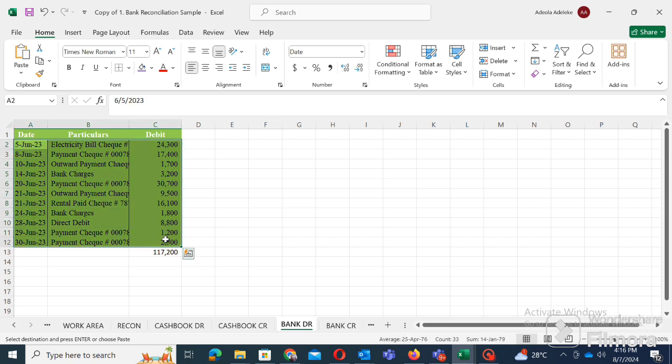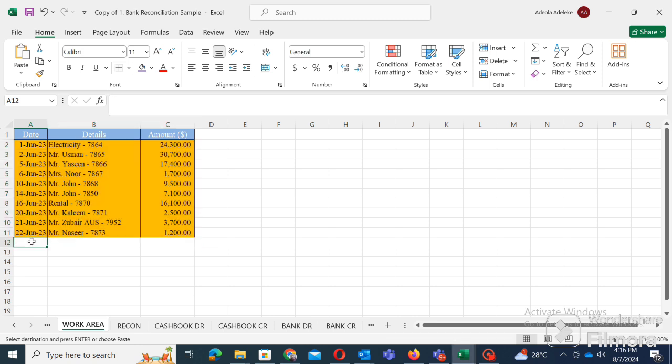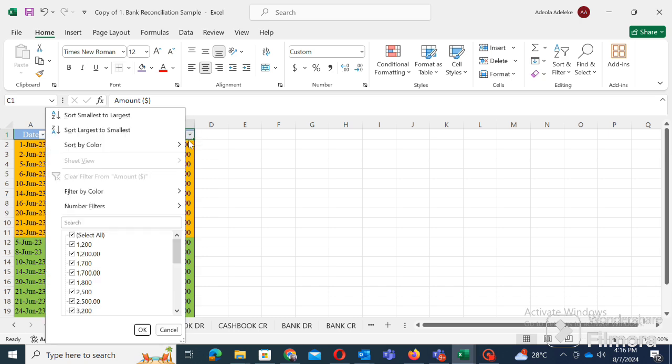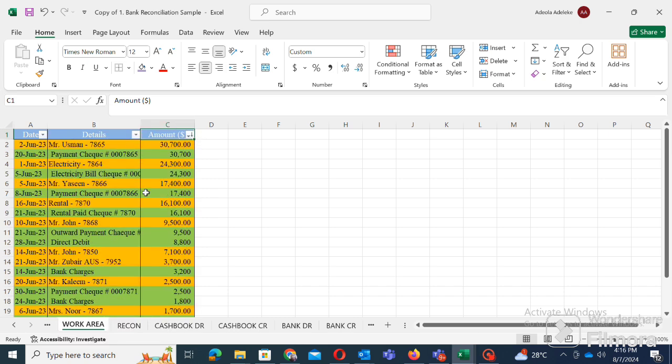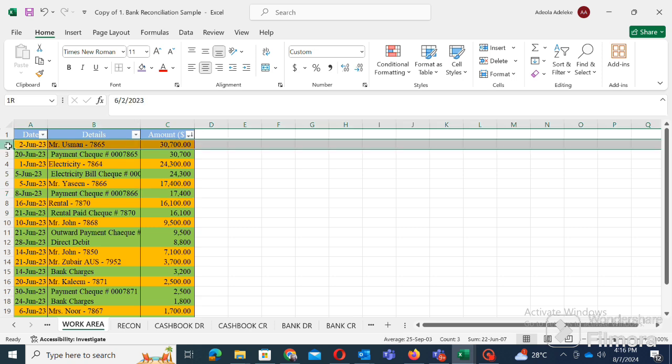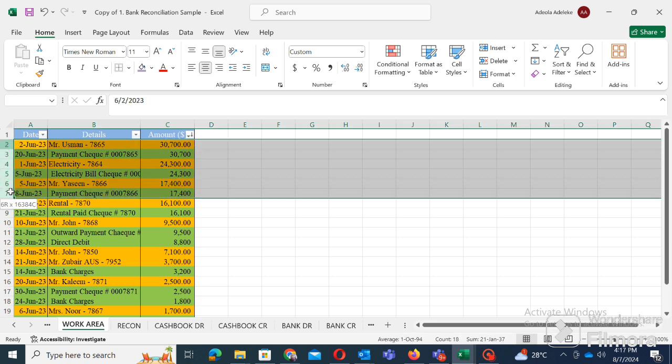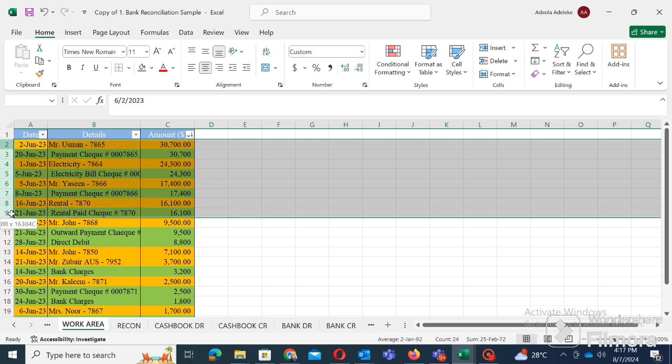That's another open item in my bank credits. So we will now go and knock off my bank debit against my cash book credits. So you can see that my summary is saying the same thing. There's no open item in that right hand side. It's still saying zero. So that's when you will know that you are on track. The moment that thing starts saying something else, you know that